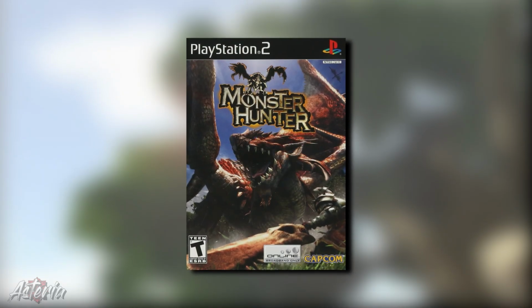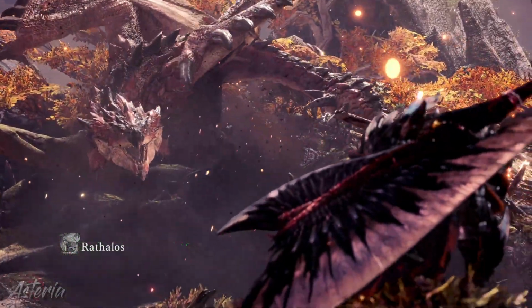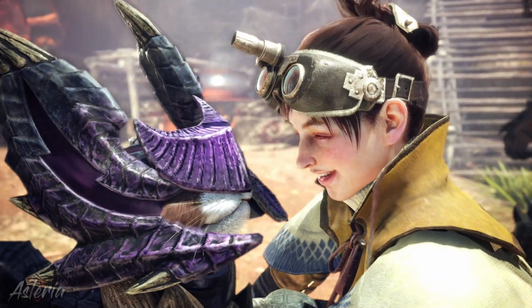Monster Hunter 1 is 20 years old and so is the series. Since its release, a lot of things about the Monster Hunter series have changed and evolved. We've seen a lot of cool stuff being added throughout the years. We've seen the introduction of feline comrades in Monster Hunter Freedom Unite, which are now called palicos in the most